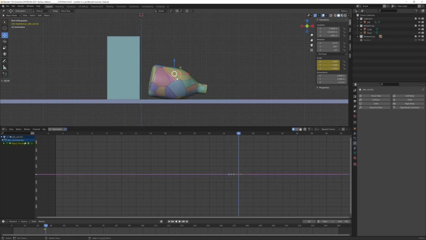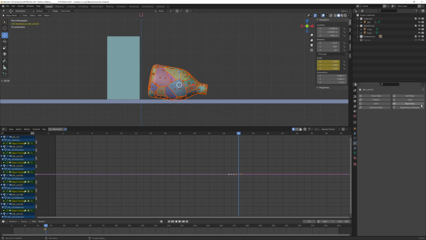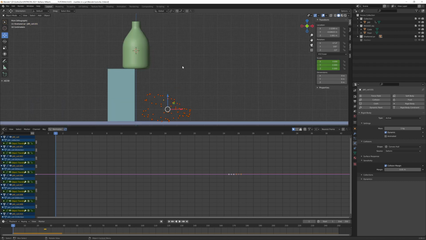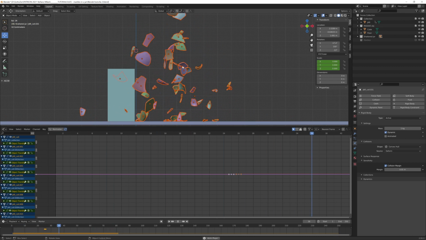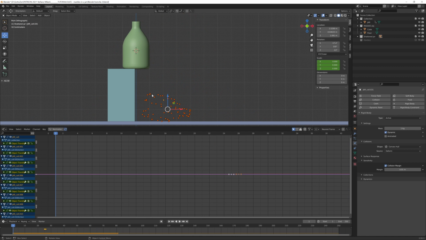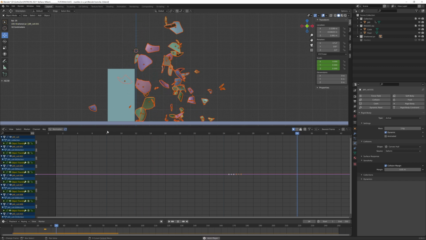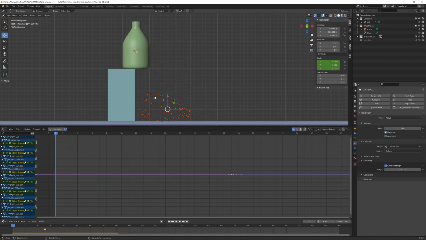What we missed to do now is to select all these elements and make them rigid body as well. Once again, active, and collision margin also, I want this to the same value. And you can see that if I play now my simulation, I have something, but it's very different from what I was expecting. And this is because all these chunks here are starting their simulation at the first frame of our scene, but we want them to start at frame 25 because this first part is driven by a keyframed